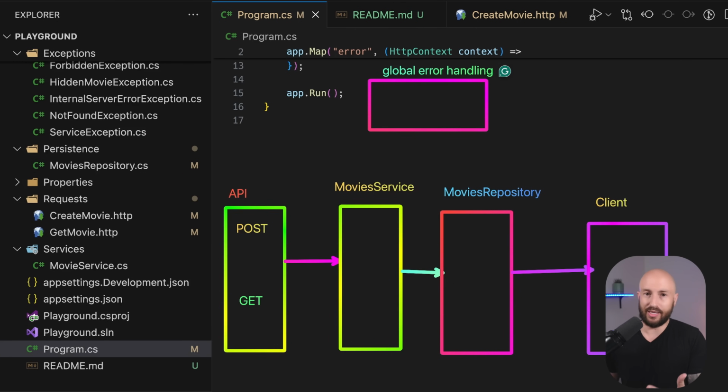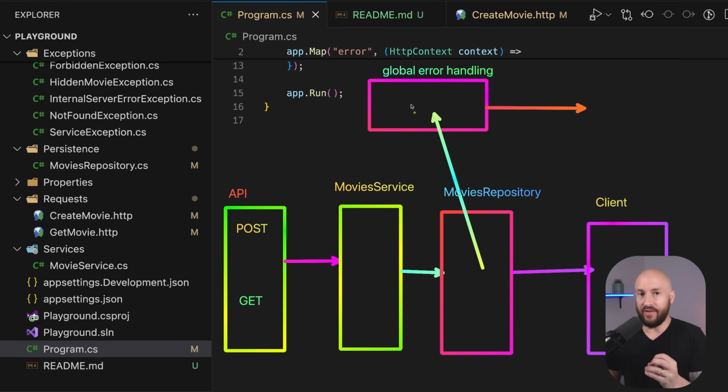The reason they say that the complexity is lower is that once you throw an exception from one of these components, you go directly to the global error handler, and from there you return a response to the user. So if we look, for example, at the not found exception, over here we're throwing a not found exception. The global error handler converts this into a not found HTTP status code, and it's returned directly to the user.